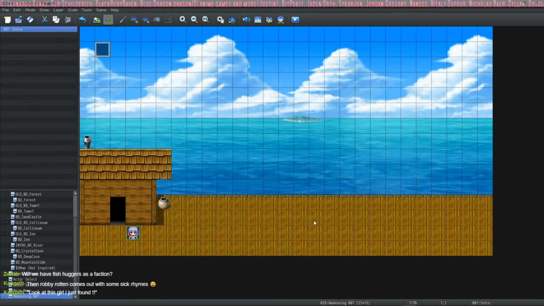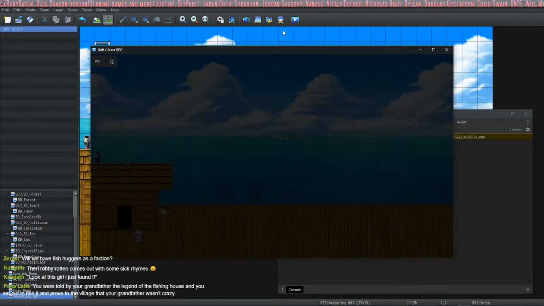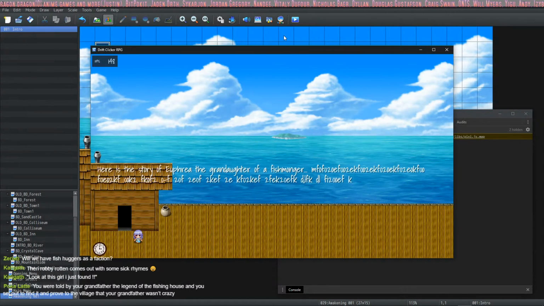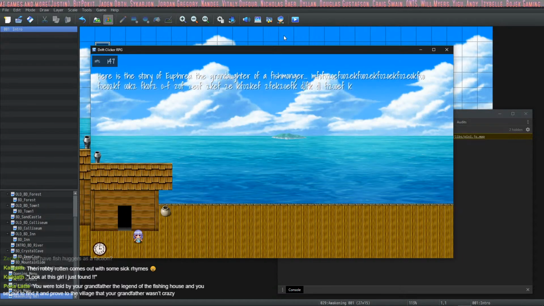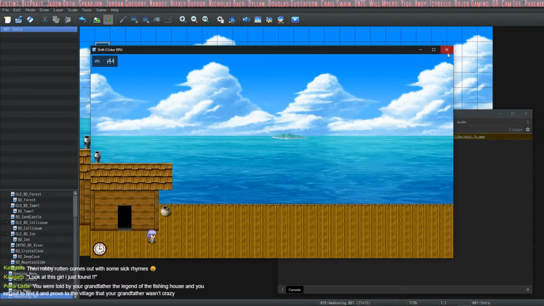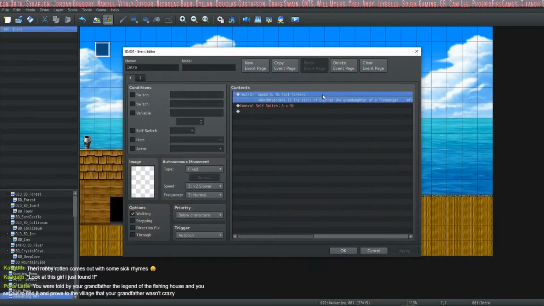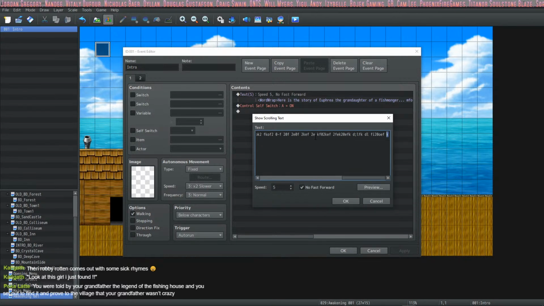Okay, let's see what happens. Everybody looks like they're doing that thing that Michael Jackson does when he's leaning forward on the stage. Hey, it worked! Word wrap is great. Oh my gosh, that's amazing. I'm gonna word wrap all of them and just put it all in one giant line.